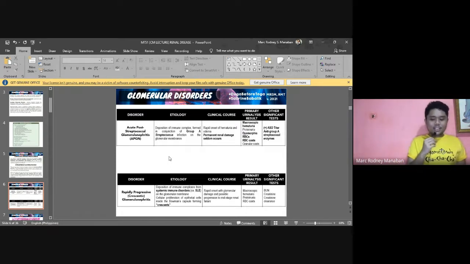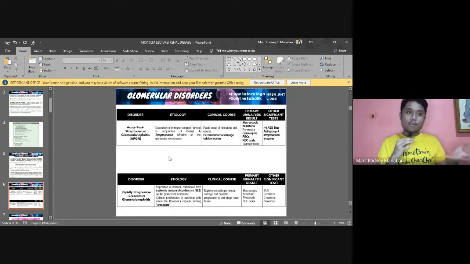Okay? So, basta for glomerular disorders, the most common na makita sa atong urinalysis results are number 1, proteinuria, because again, that is indicative that there's damage sa glomerulus. Number 2, the presence of casts, okay? Especially if may bleeding. So, kung glomerular disorders, usually mga RBC casts, okay? And if mo progress na ang disease to chronic, ang casts na ma-form kato ng mga chronic or pangdugay, which are your broad, mga waxy casts. So, that could aid us in the identification of the disease, especially in case studies.